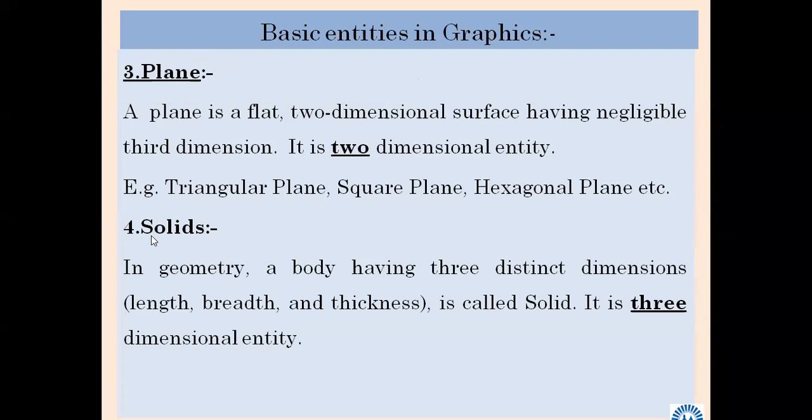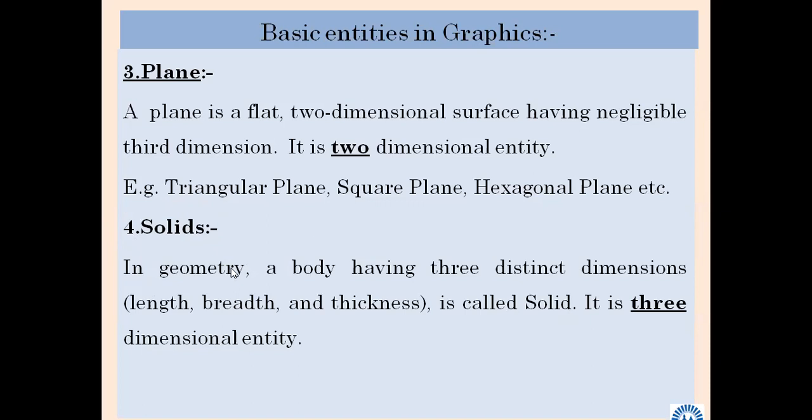We have seen solids, not many things though. The solid is nothing but a body having three distinct dimensions. How are solids classified? Am I audible? Yes, sir. This chapter is projection of plane. Earlier was projection of line. Next one will be projection of solid. In that chapter we are going to see a lot of things related to solid. So how are solids classified?